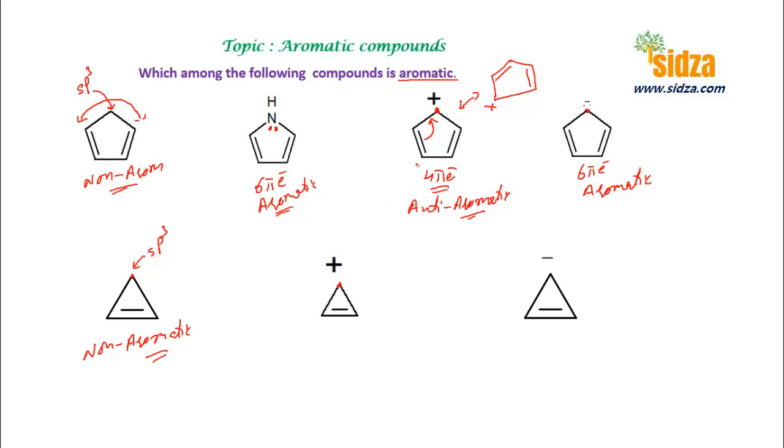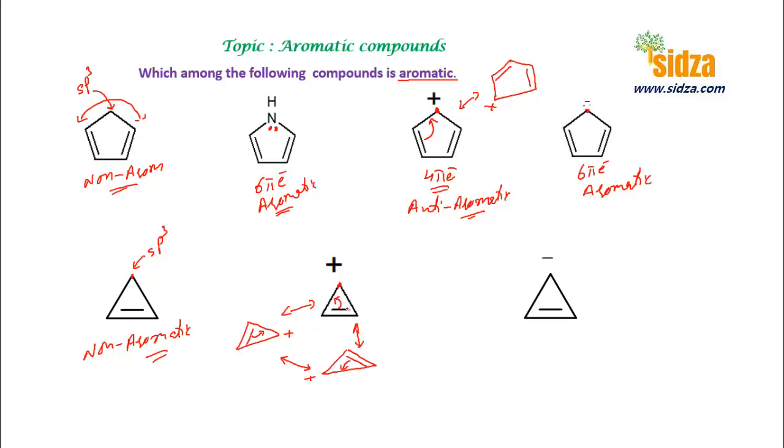You see here we have a positive charge and a single, double, so resonance is possible. In this case you can delocalize the pi electrons. Let me write down another resonating structure like this. You will have a double bond here and a positive charge will be here, correct? And you can draw one more resonating structure for this one. If I push these electrons to this side and a positive charge will be here, then you will get a molecule like this. A positive charge will be over here, and then if you shift it here you get the first one back, right? So what you see in this system is resonance.